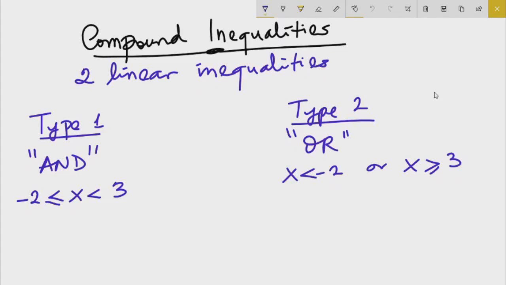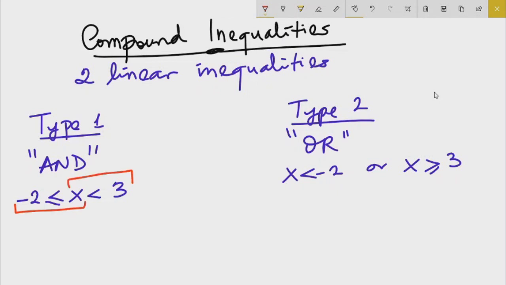Today we will talk about compound inequalities. Compound inequalities represent two linear inequalities. In the first type of compound inequalities, the two linear inequalities are joined together by an AND statement, where you have -2 less than or equal to x, which is less than 3. This is an example of an AND